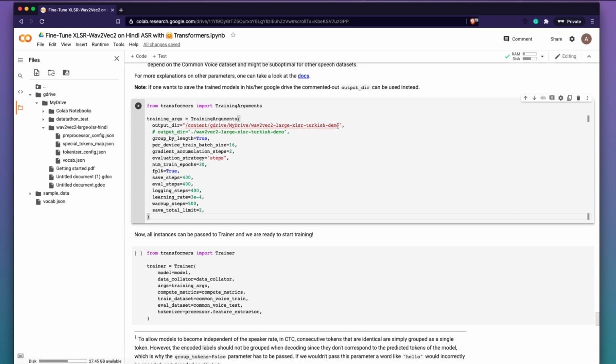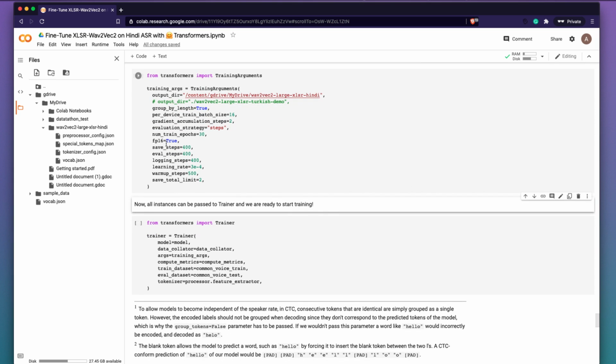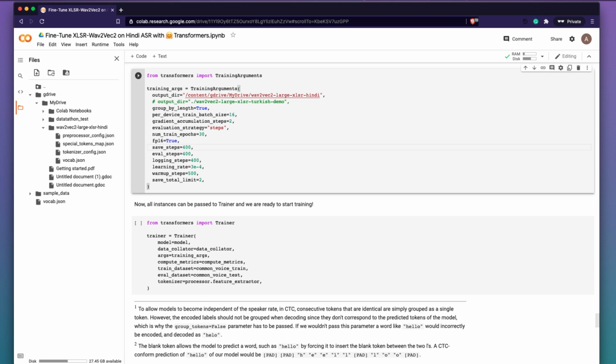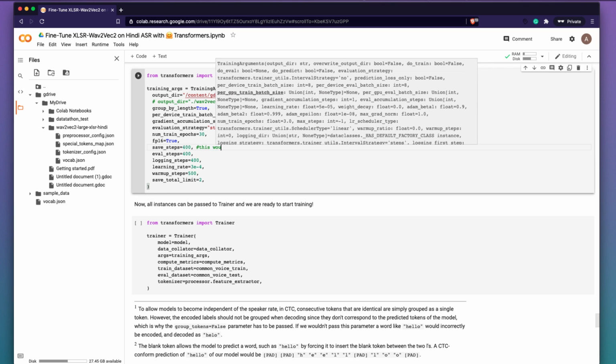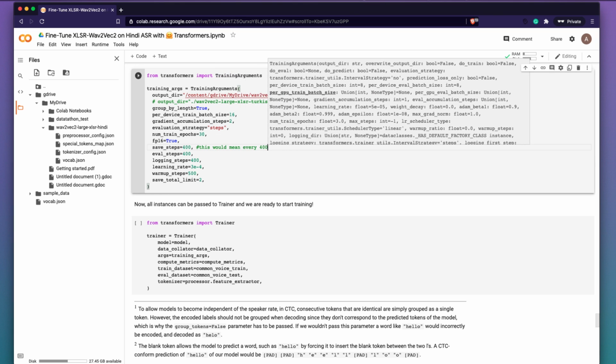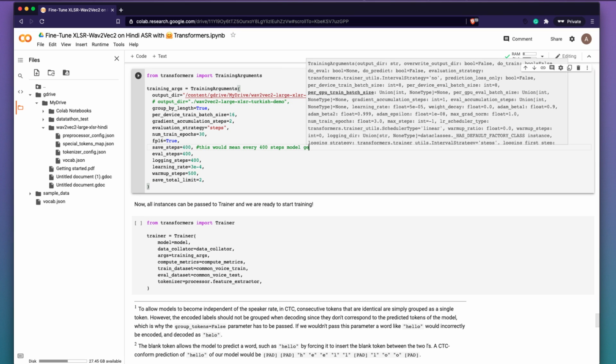This is the place where you want to store the output. When training, I think we have created a folder called Hindi. So make sure you give the same name so that the drives are not getting confused. Whatever we are training, it would get saved there. The other thing that you want to make sure is after how many steps you want to save. So let me add a comment. This would mean every 400 steps the model gets saved,